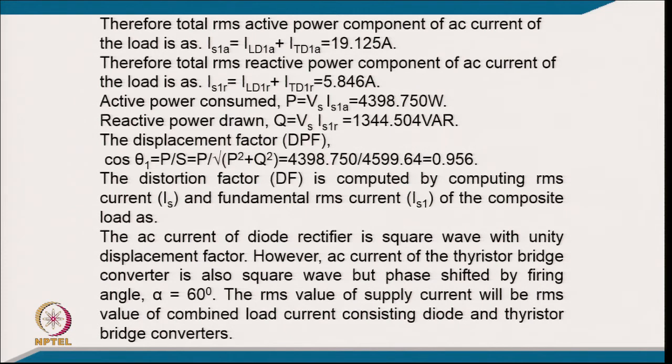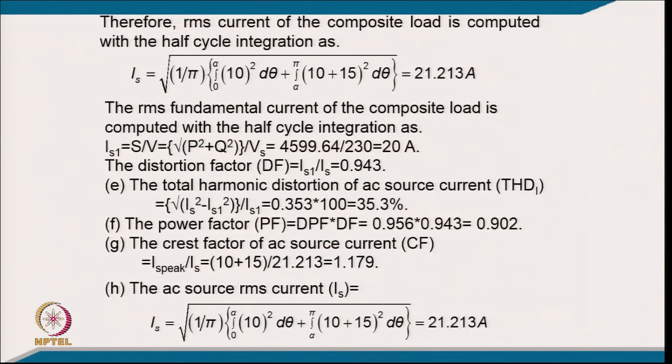0.956, and the distortion factor is computed from the RMS current and the fundamental RMS current of the composite load. The AC mains current of the diode rectifier is a square wave, and the AC mains current of the thyristor bridge converter is also a square wave, but phase shifted by 60 degrees. So, the RMS value of the supply current will be for the combined load current consisting of the diode and thyristor converters. If you look at the waveform, you can find the RMS value; it comes to